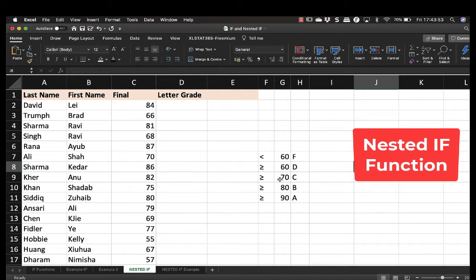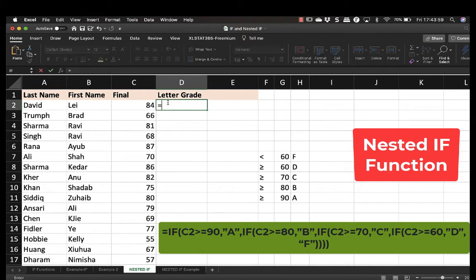Now let's see how it works. I'll apply the formula here, equal if. Now what is the logical test? Logical test is if C2 is more than or equal to 90, comma, inverted commas, he will get A grade, comma. Now nested if is like, I'll enter one more if.